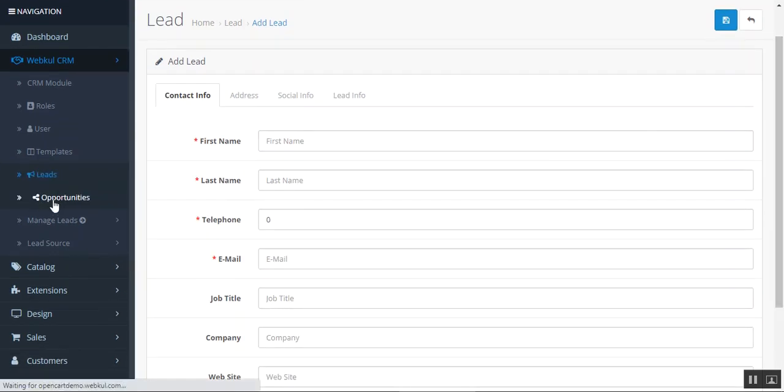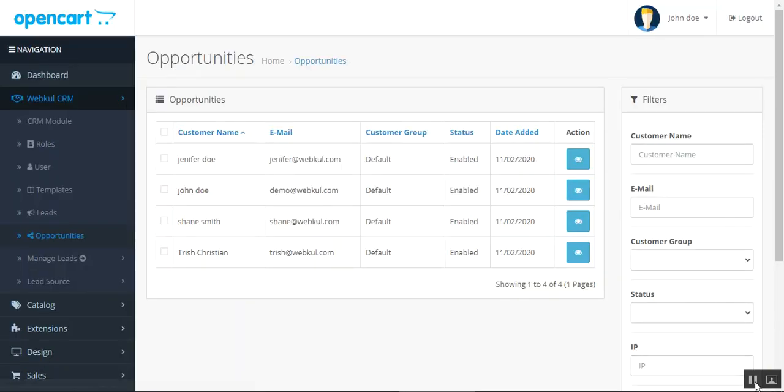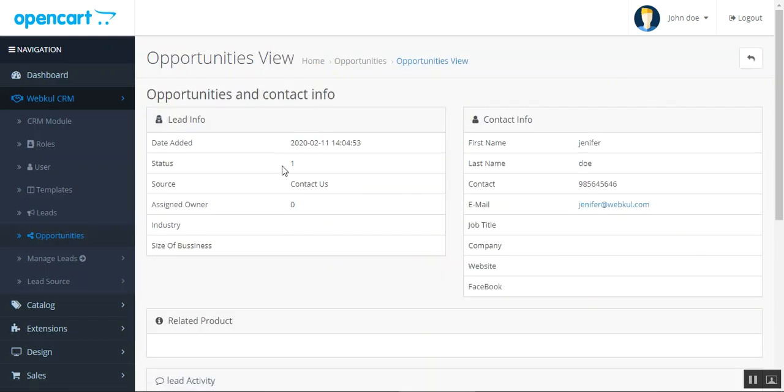Now let's go to the opportunities section and let's see what different options are there to configure. So once the lead status is changed to resolved, then that particular lead is automatically converted into an opportunity and gets displayed under the opportunities section here, as you can see. And by clicking on the view button, the admin can view the opportunity details. So let me tap here on the view button, and this would display the opportunities and the complete details